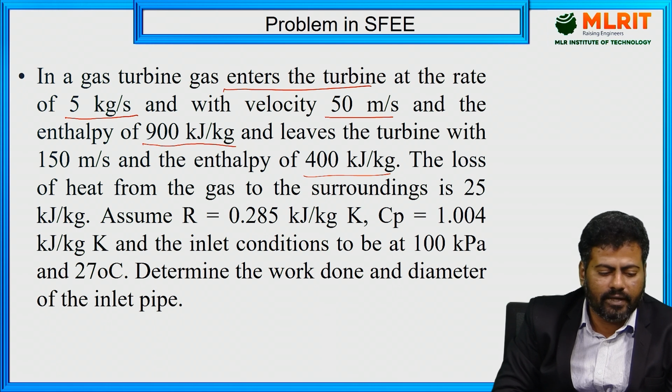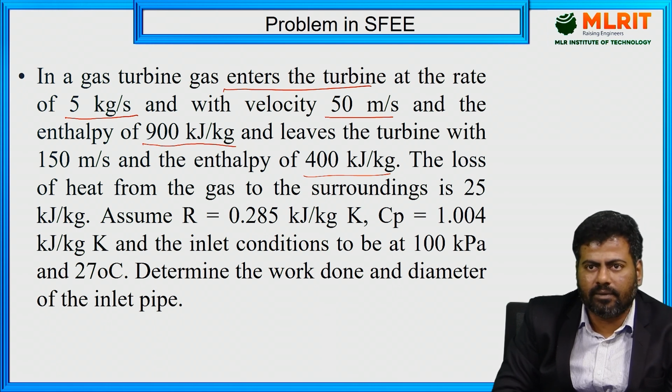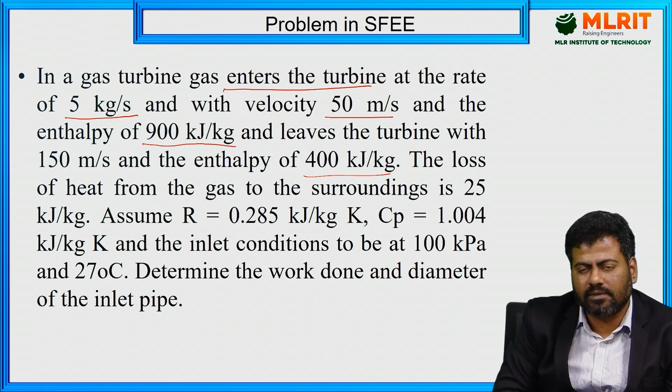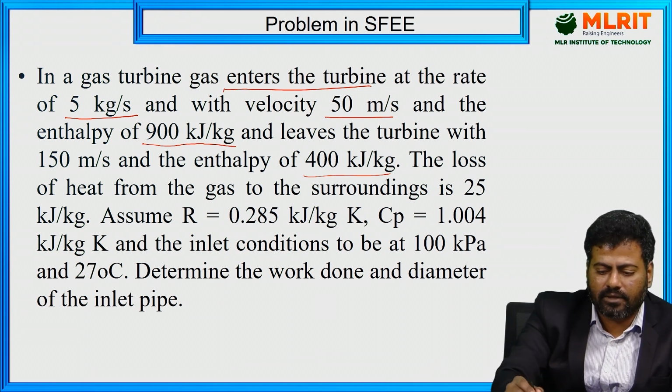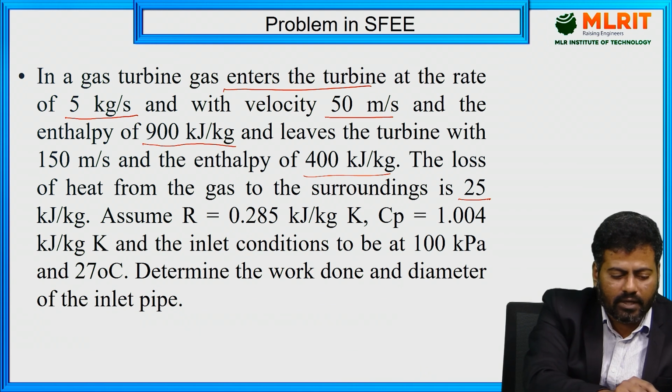There is a loss of heat from the gas to the surroundings. The turbine is not well insulated, so some heat transfer takes place from the system to the surroundings. Because of that, some loss takes place. That loss to the surroundings is 25 kilojoule per kilogram,